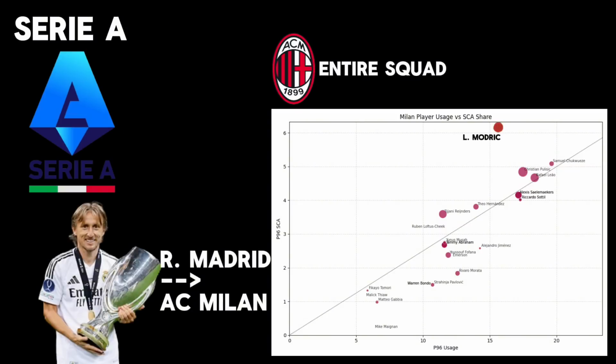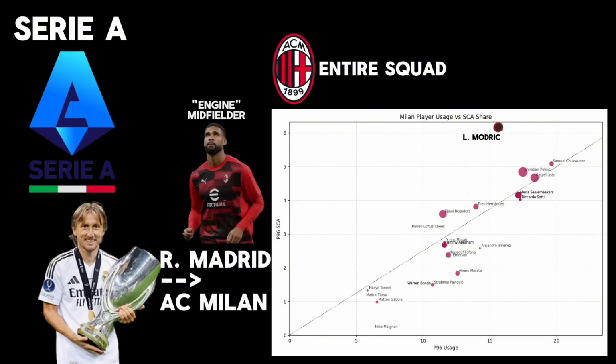Milan are replacing him with Luka Modric. Modric isn't as dynamic, but I think Milan have guys for that job, like Ruben Loftus-Cheek. When you look at Milan's team, nobody was terribly effective as a playmaker, and if you look at where Modric is, he could be exactly what they need to unlock some of their attacking players.